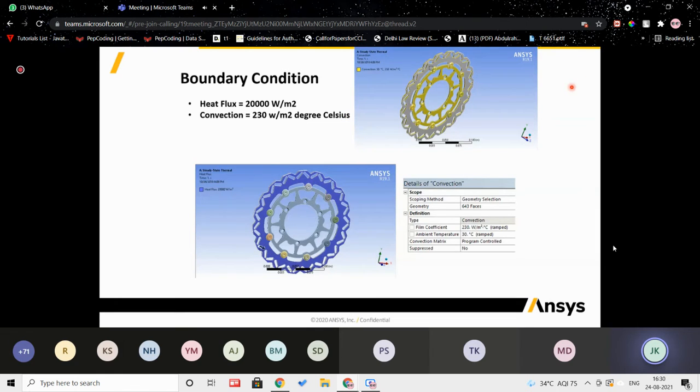We have three modes of heat transfer: conduction, convection, and radiation. Since the disc brake's temperature is not going really high, where radiation would come into the picture, we can safely eliminate radiation. So we are considering two modes of heat transfer. One is conduction, which transfers heat across the materials from the outer corner, and the other is convection, where the heat is dissipated from the disc brake to the outer environment. So we are defining the two loading scenarios.